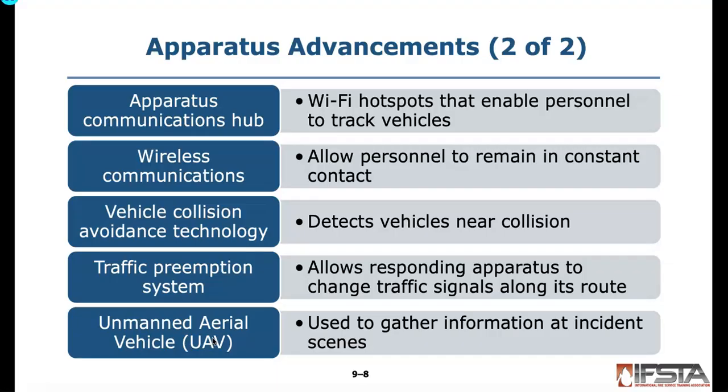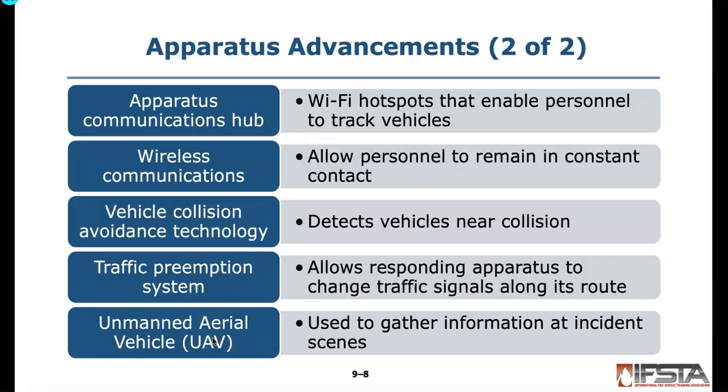Wireless communications allow personnel to remain in constant contact. Vehicle collision avoidance technology detects vehicles near collision. And then traffic preemption systems allow responding apparatus to change the traffic signals along its route. Those are also referred to as an Opticom. Opticom is a flashing strobe that's usually somewhere in the center of the emergency response lights, and that if there's